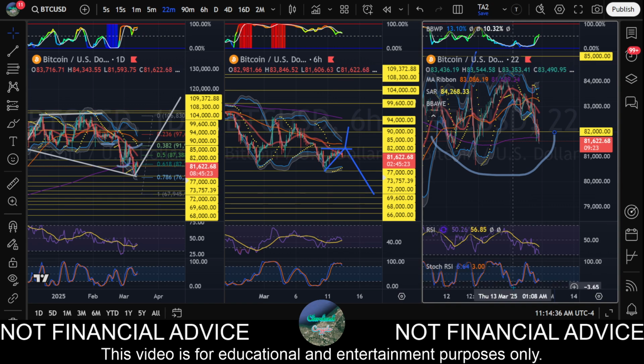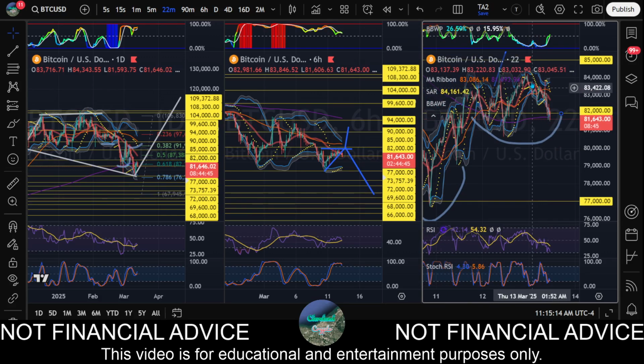Okay, so look, you're seeing a bit of a divergence here between RSI and its Stoke RSI. The Stoke RSI is putting in higher lows, while the RSI is putting in lower highs. So that's a divergence. That could say, hey, we're going to turn around here, bouncing off the 200 on the 22-minute chart. If we see the Stokes continue to oscillate back up, then the RSI will oscillate over its signal line, and hopefully this time it'll break over that 50, break into bullish territory, pushing the price up